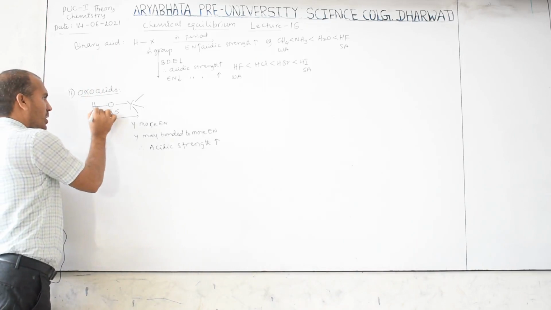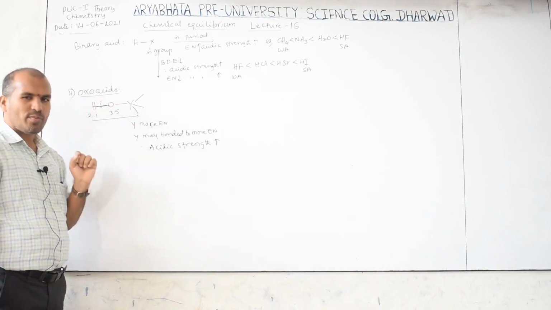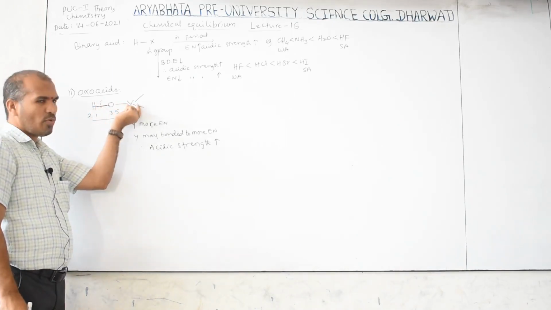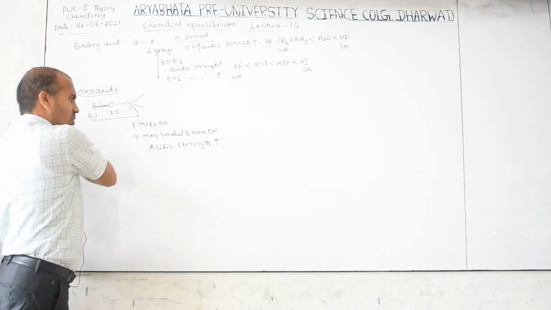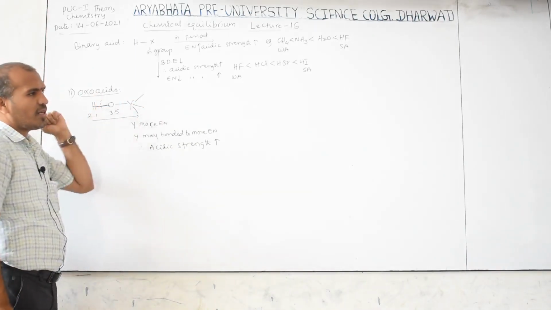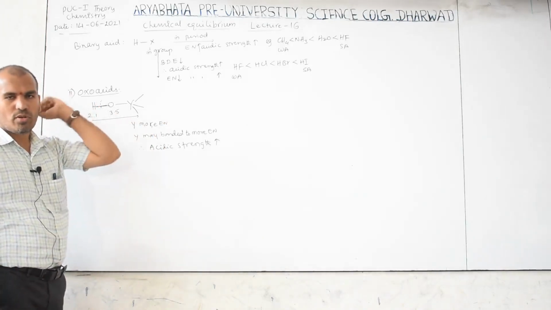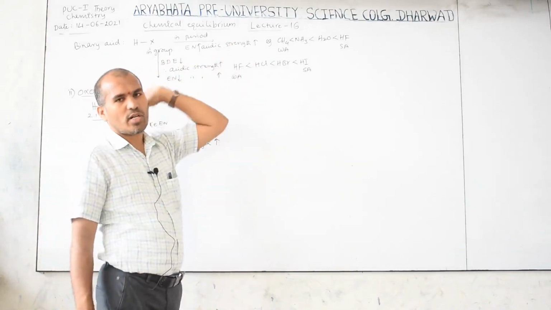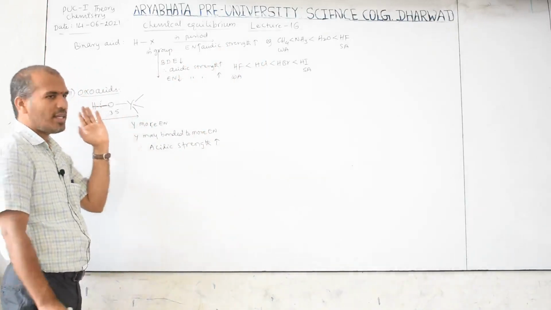When polarity increases, this bond will easily break down. If polarity decreases, bond breaking is difficult. So to increase the polarity, this should be more electronegative, or its bonded atom should be more electronegative. Then electron density will be attracted towards the Y and this polarity will be increased, then the bond is easily lost. Because according to Bronsted-Lowry theory, a proton donor is an acid. So in this case also, in the period and group, a proton donor is there. So here also a proton donor is an acid.